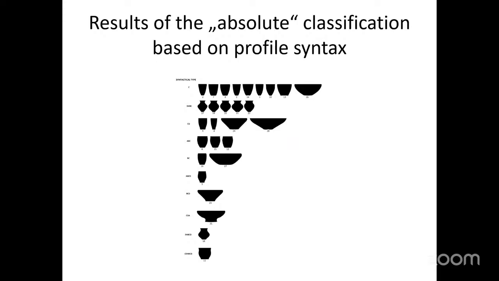Now, I know that many of you are thinking, but wait a second, you classified bowls with jars. Well, not me, but the method. And it seems like a bug, but actually it's a feature, because these jars and these bowls here have the same syntax. They do not have the same size. They do not have the same proportions. But remember, the method only recognizes syntax of the vessel. And that's what it does. And this is the classification according to syntax.